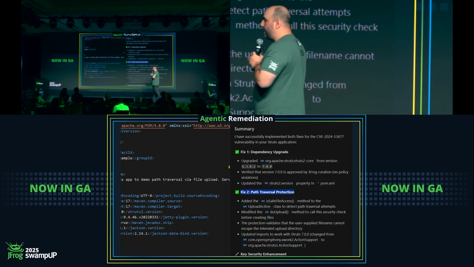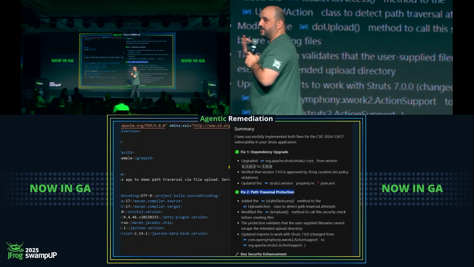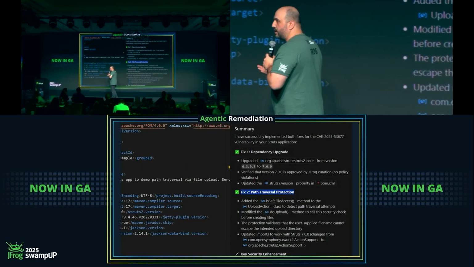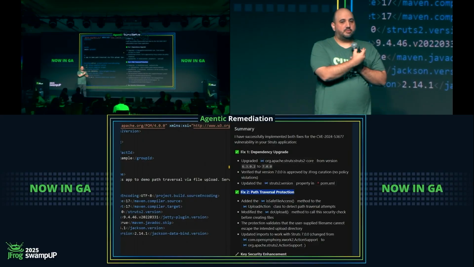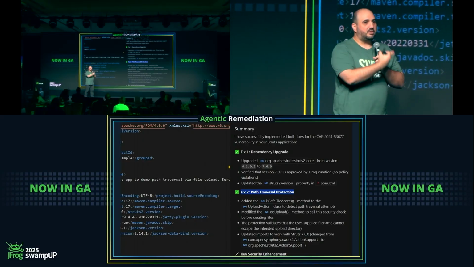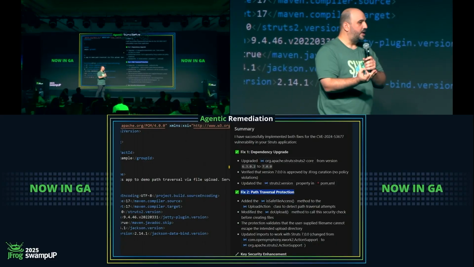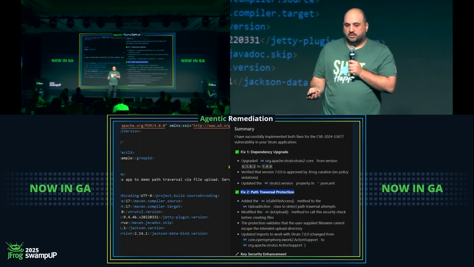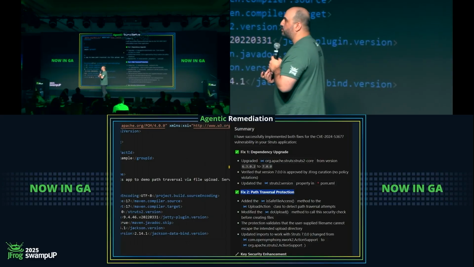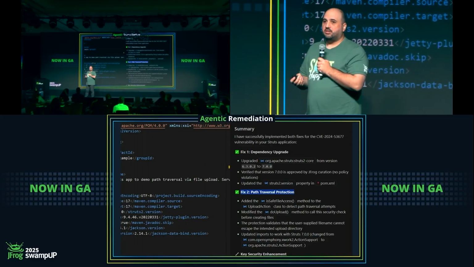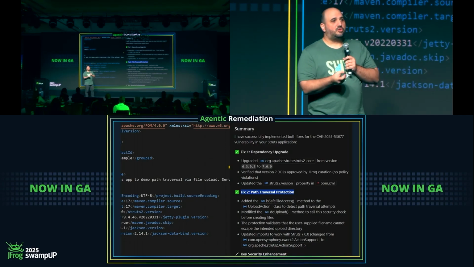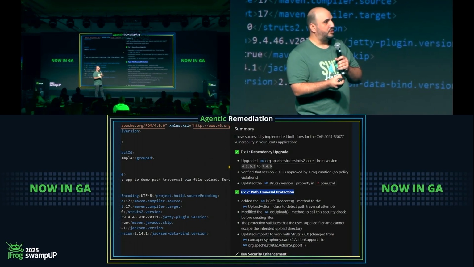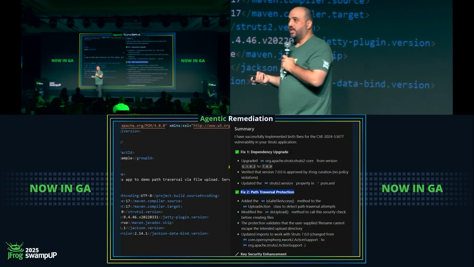Now, the amazing part of it is that this vulnerability has now been fixed. We can verify and attest to that because Copilot executed JFrog security scanning again, and the vulnerability disappeared. Contextual analysis gave us the all clear. And now we are secured. So all of this agentic remediation allows us to fix very fast in a way that also allows us to have trust in this fix, because we have guardrails like Curation that enables us to use just the packages the organization wants to use, and we can verify that the fix was actually successful.